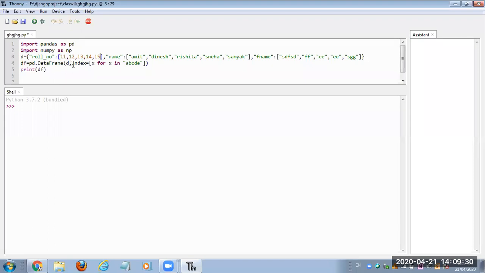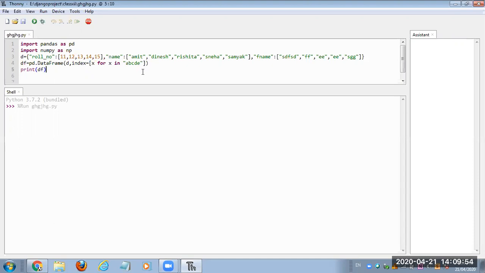So there is no need to give the columns in the DataFrame function because columns will be assigned automatically. Now we can assign the index. I'm assigning the index a b c d e, as there are 5 values, so I'm assigning 5 indexes.